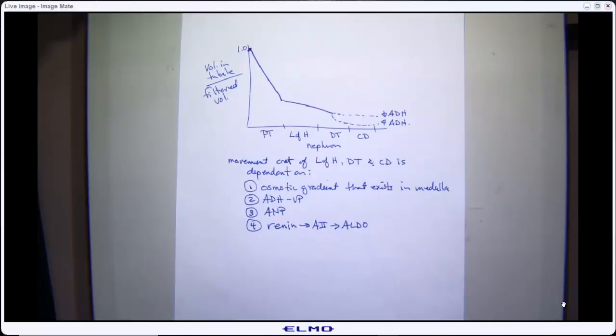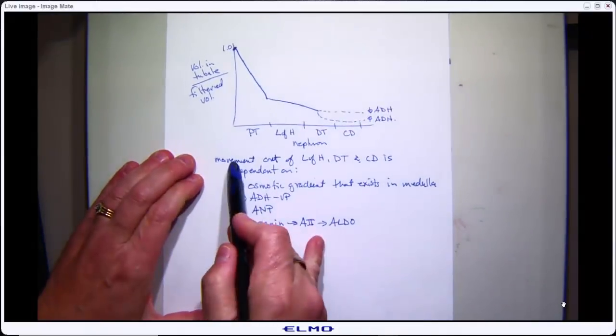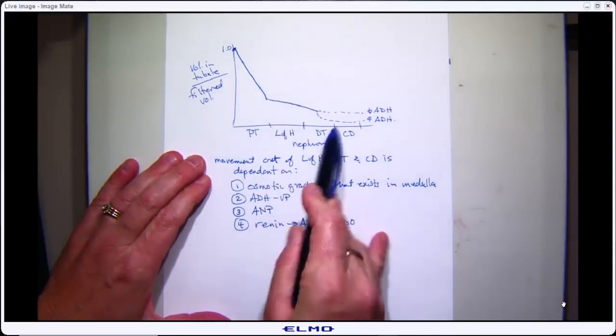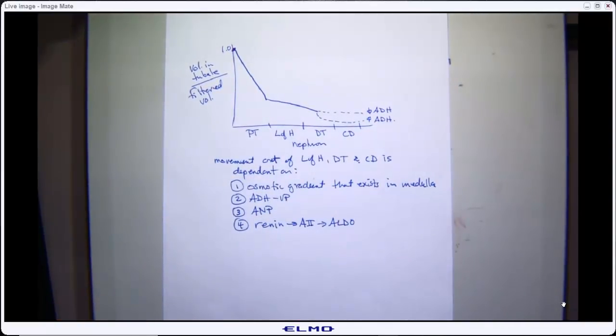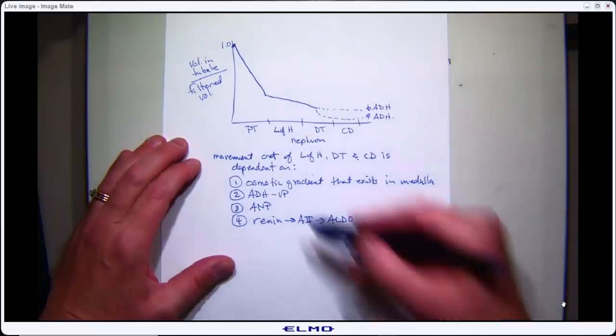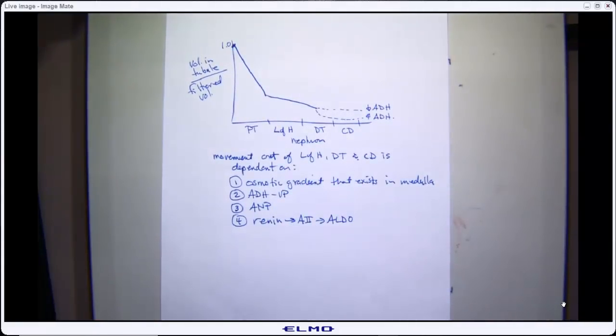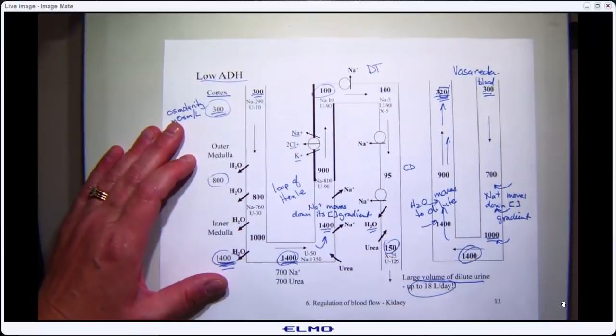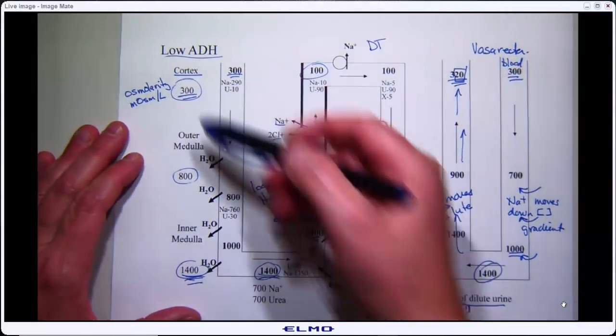Let's get started. So we did some heavy lifting on Tuesday, thinking about how we are going to move volume out of the loop of Henle, the distal tubule, and the collecting duct. And we started by thinking about the osmotic gradient that exists in the medullary space, and then we're going to wander down and think about our hormones today. Okay? We did talk about, as a quick reminder, what that actually is, that osmotic gradient in that medullary space,